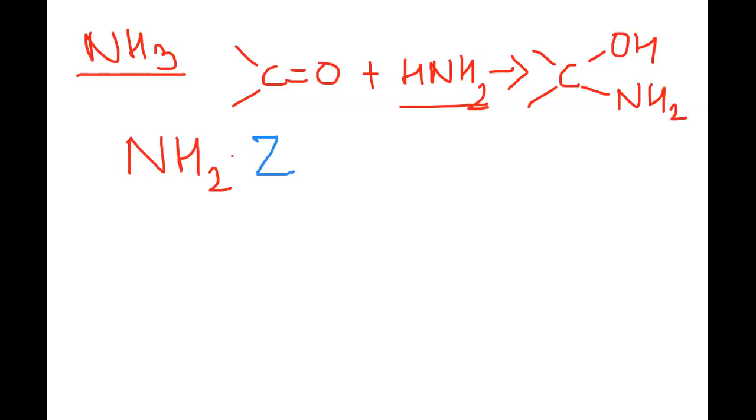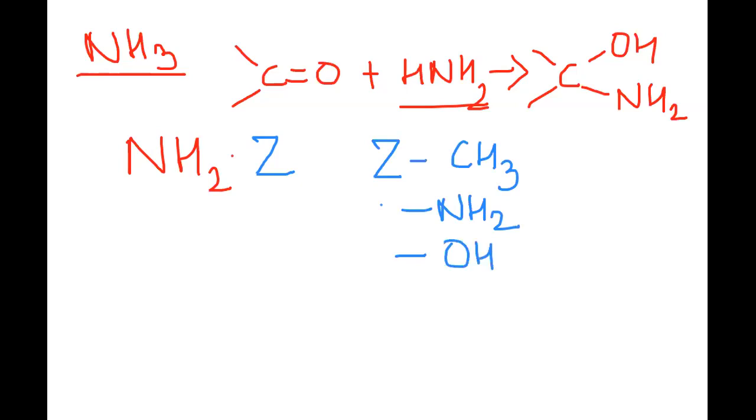Now, what kind of groups can the Z be? Z can be a CH3, it can be an NH2, it can be an OH group,